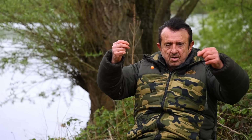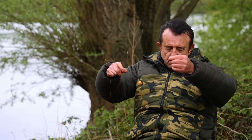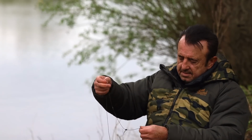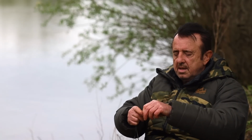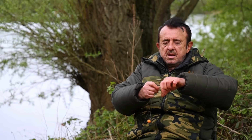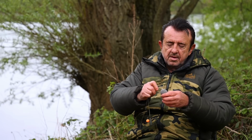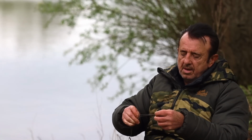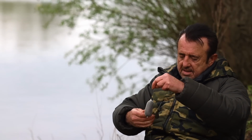So we've got a chod here, typical lead core. You can do it on a naked one as well. And what I do, you get the lead core or your main line, and you make a loop like this. Then you bring it back on itself, so you've got two loops. Then you get the knot on the PVA bag, bed it down like that. So that is in effect holding my